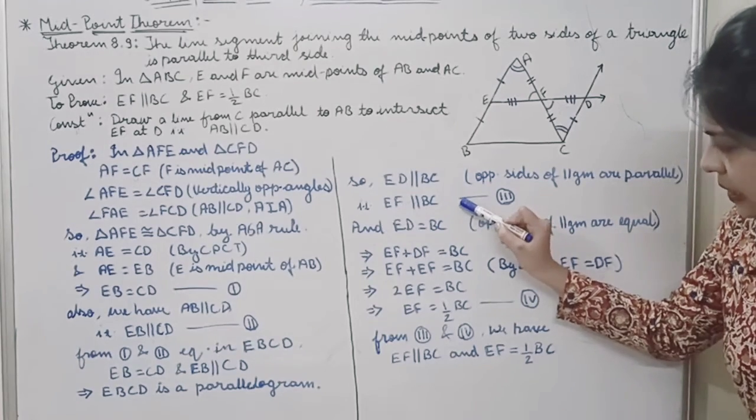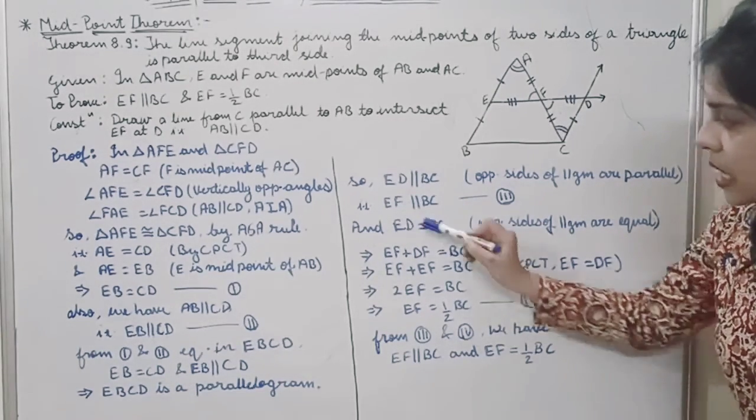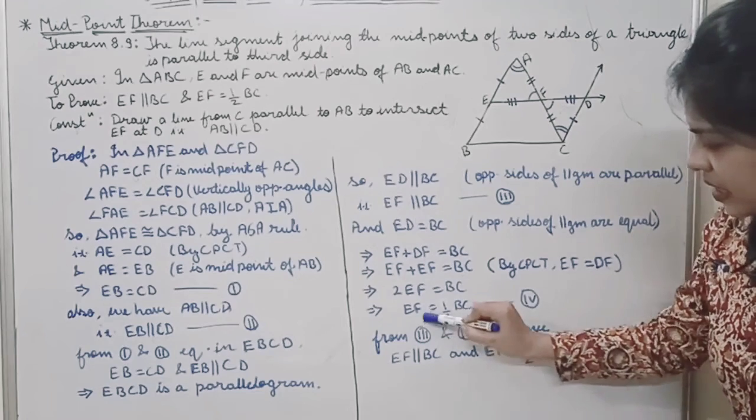So from equation number 3 and equation number 4, what we got? EF is parallel to BC and EF is half of